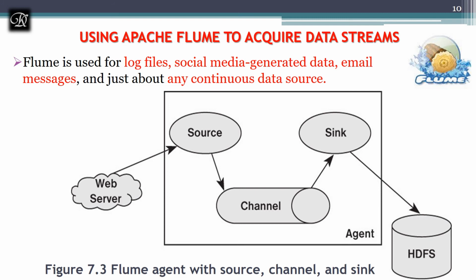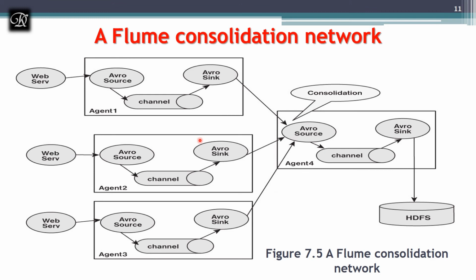Flume agents can also be pipelined. Here we have taken four agents, and the connection between the individual agents is handled by Apache Avro. You can see over here Avro source, Avro sink, Avro source, Avro sink. This is one more tool they did not discuss in detail, they just gave a term, Apache Avro, which provides integration and interfacing between the Flume agents.